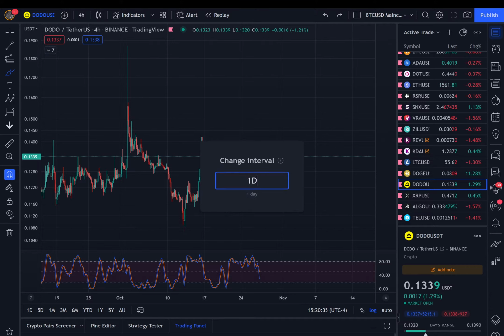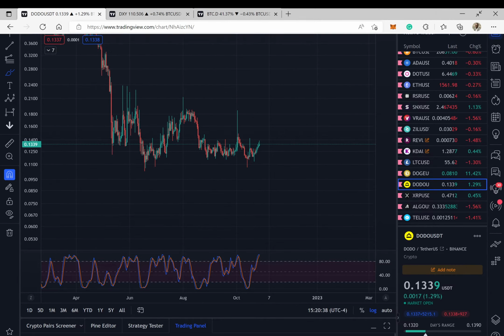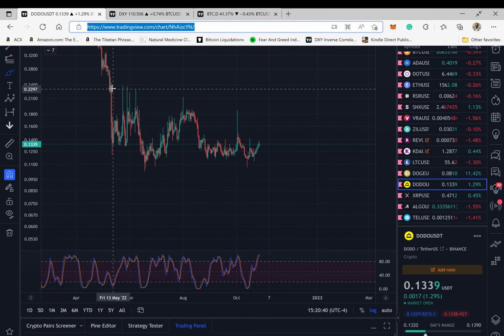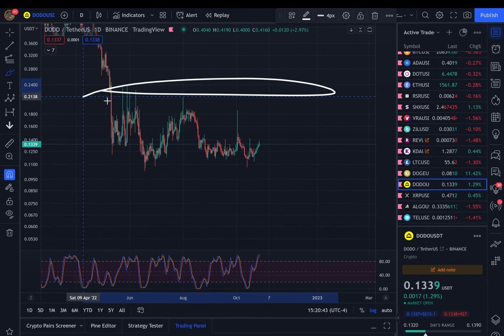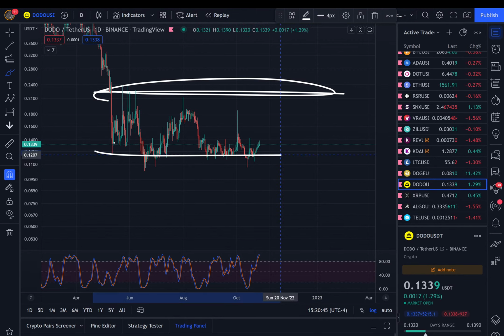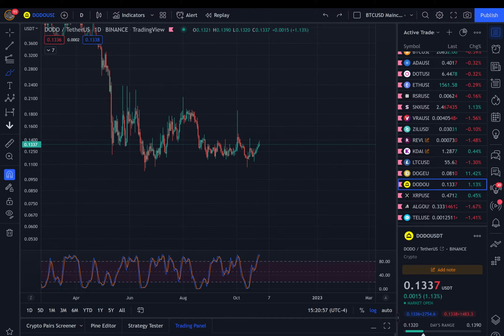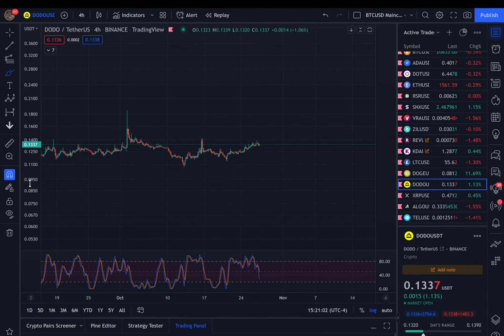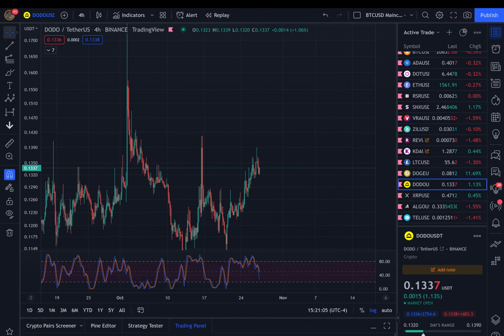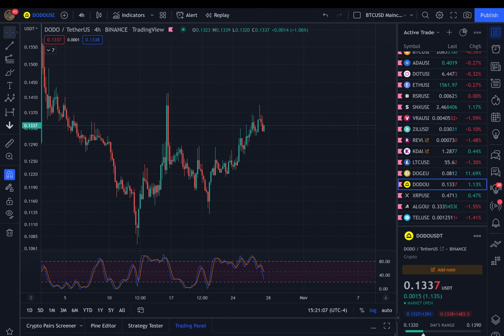Let's go on the daily time frame, see what our next targets are likely to be, and I think quite clearly you're going to target the tops of this range, okay? This range that you've been in for 160 days. You're just going to target the top of this range. So about 22 cents, thereabouts, okay? How are you going to get there? I don't know. I don't really care. It's not that important, but it looks to me quite clear that you've been in some sort of impulse, okay? And that this impulse